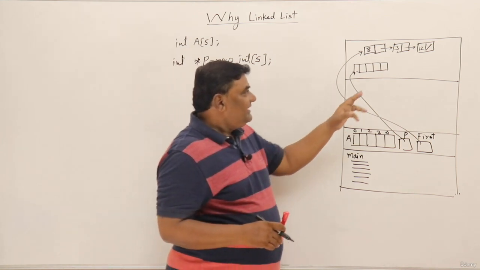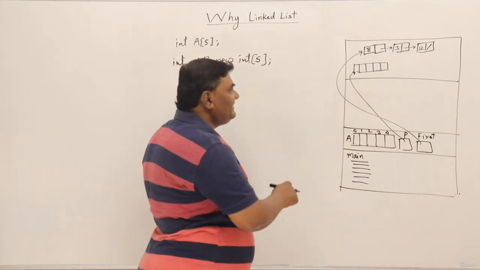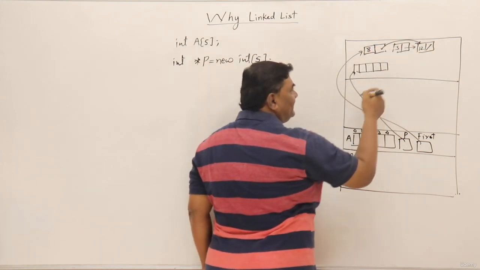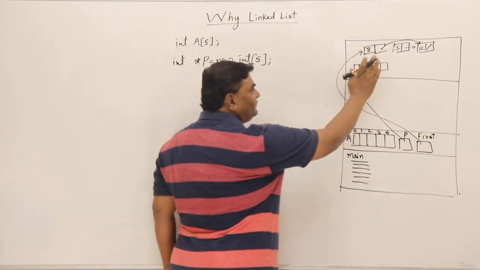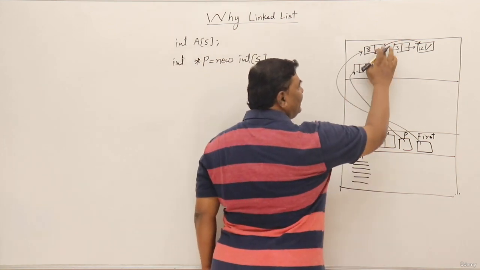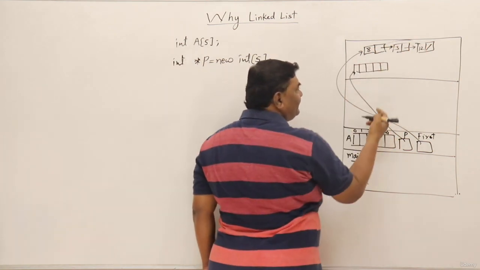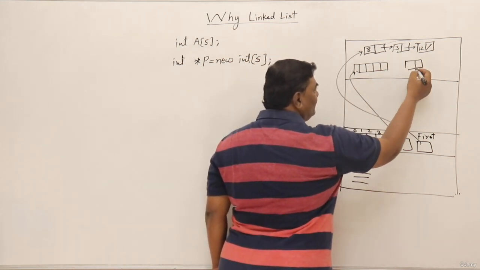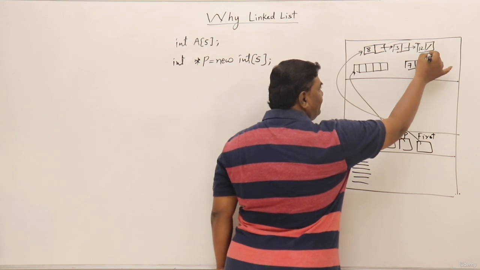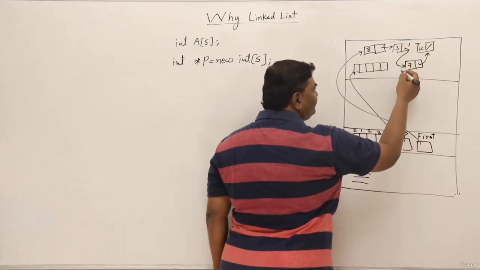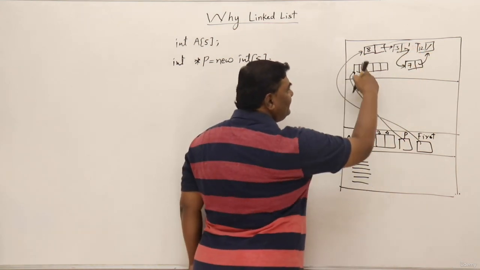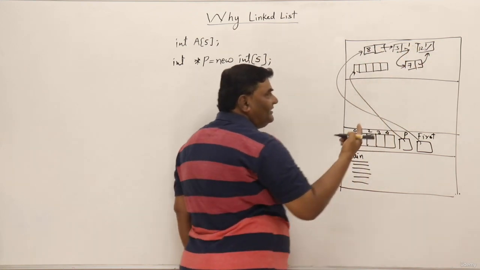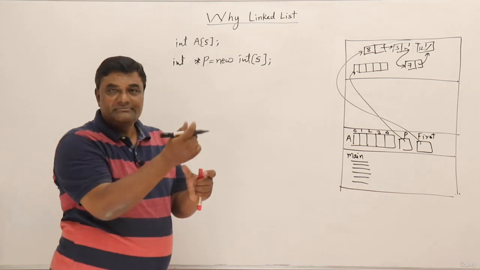Now you can see that if you want to remove 3, you can easily remove 3. This 8, instead of pointing on 3, will be pointing on 12. That's easy, and you can remove this one. I'll bring it back as it is. Now suppose you want to bring some new element in between 3 and 12, then you can simply create a node. Let us say element 7. 7 will be pointing on 12 and 3 will be pointing on 7. Now if you start from here, you go to 8, from 8 to 3, from 3 to 7, and from 7 to 12. So it's easy to insert something in between also